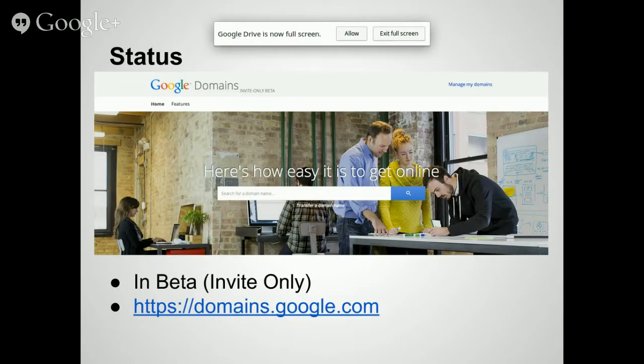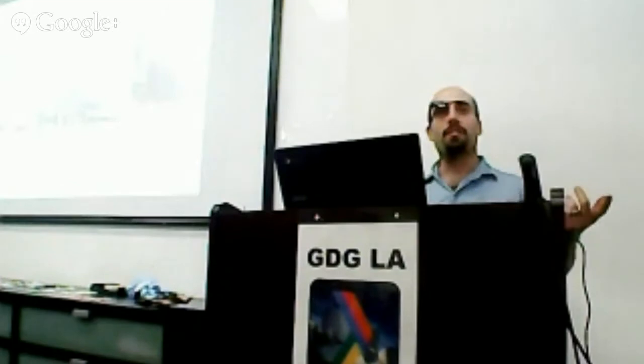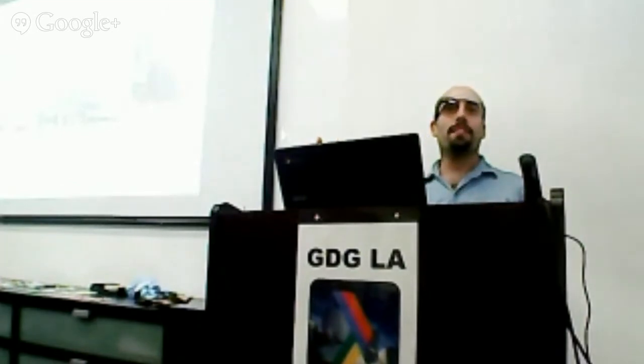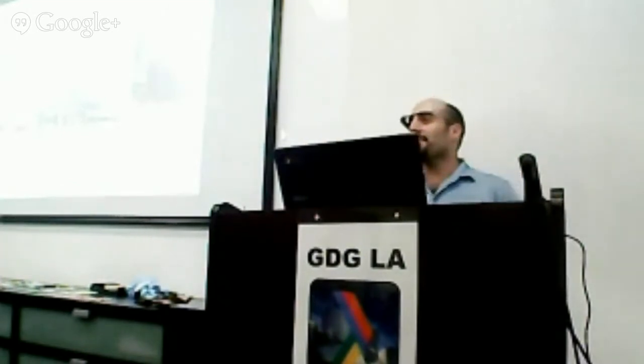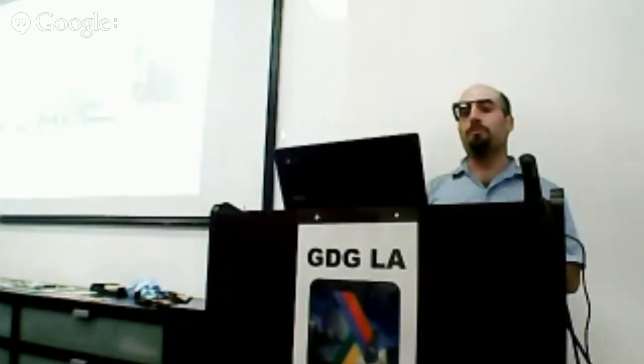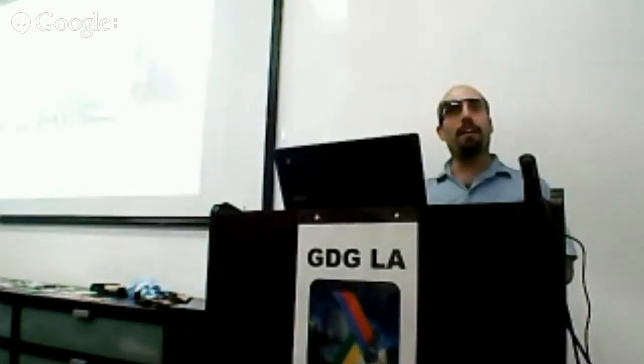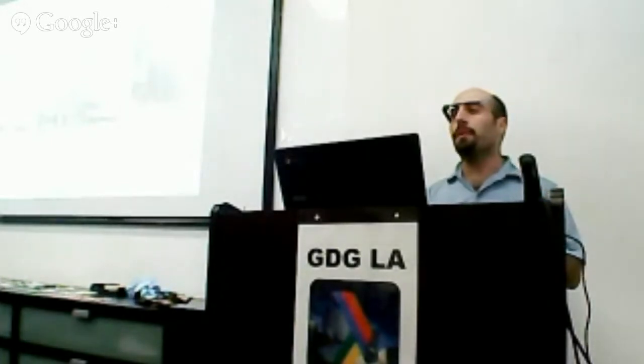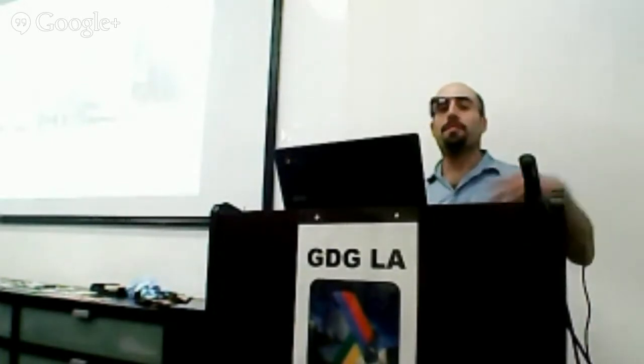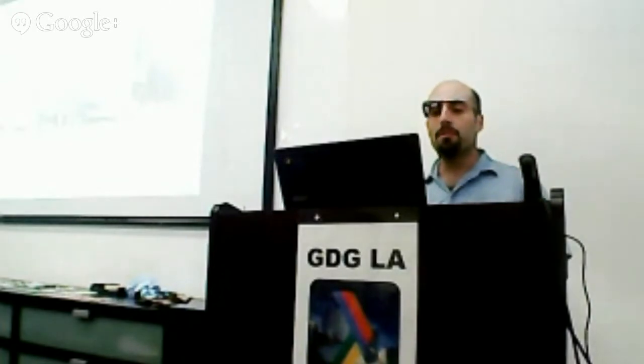So like I said, it's in an invite-only beta, which means if you were to go to the website and try to do it, it'll say, sorry, you don't have an invitation. You can request one. I requested one, I think, at I/O, which was a couple weeks ago, and I got it this week. But I had already gotten an invite from somebody else, and you cannot layer them. So I was hoping to get 2 domains free, can't do it. And apparently, if you do it this way, the invite is tied to your email address. I haven't verified that, but that's what the email says in the invite. So then you couldn't even try to do 2 under different names.